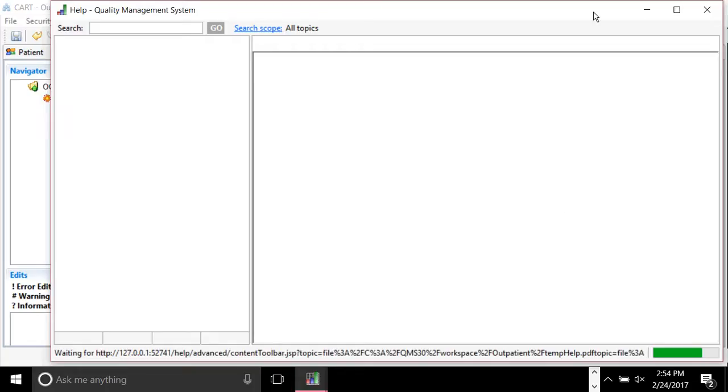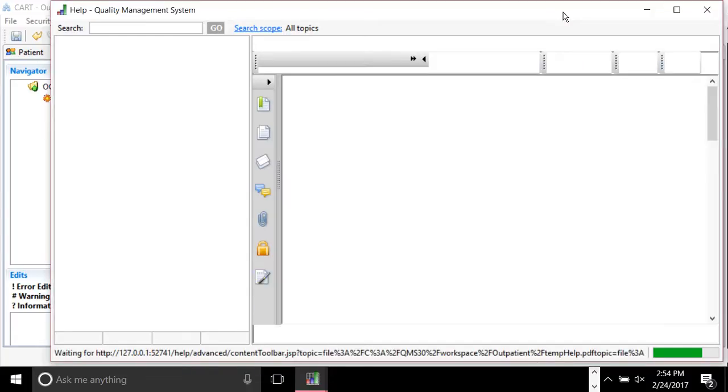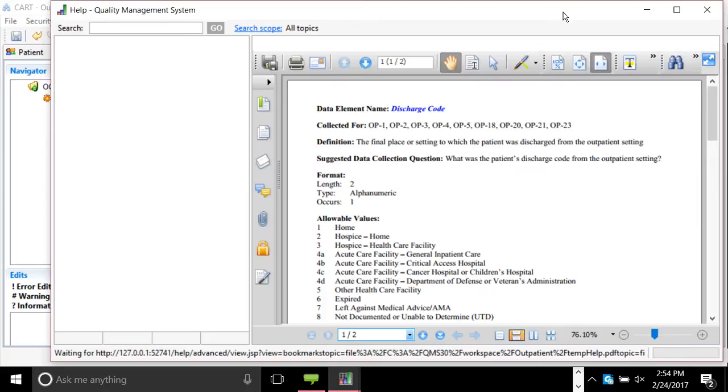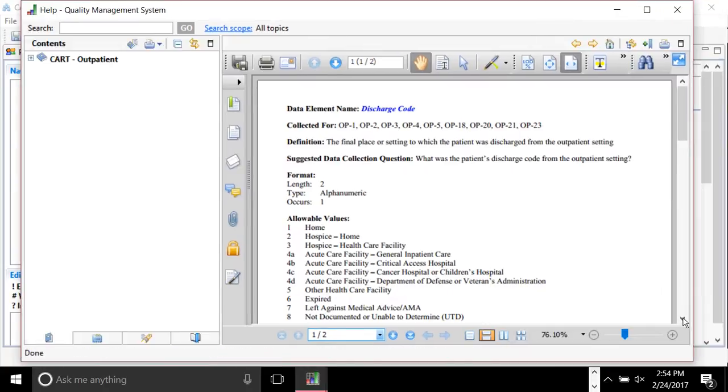And again, it's programmed to the right version of the specs manual based on the encounter date that I put in. So it knows what version of the manual to pull up and what page or pages to pull up specific to just that question. Okay, so here it shows me what the allowable values are for the discharge code, but if I scroll down,